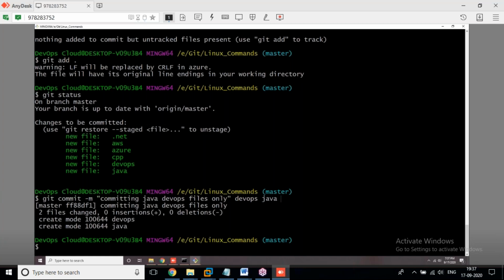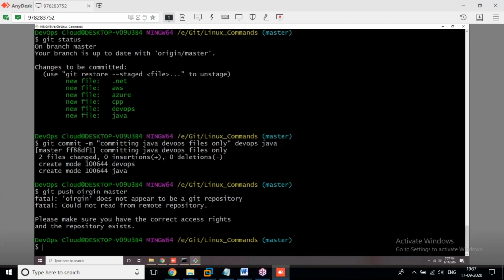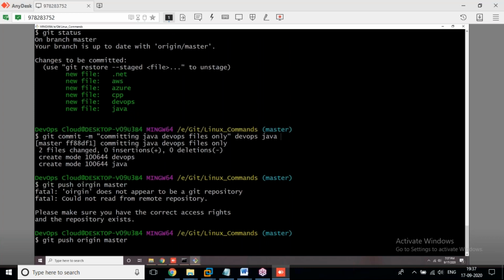Now try to push it once again. Git push origin master. Already 1 or 2 minutes over since the committed time. Now try to push it. What happened? A spelling mistake. Okay, git push origin master.